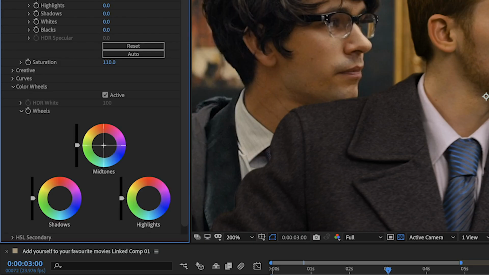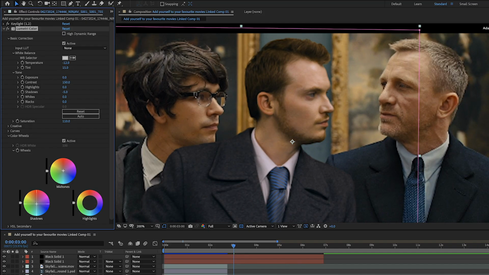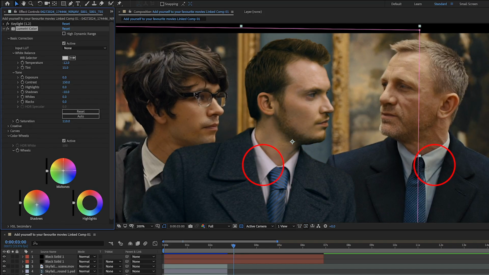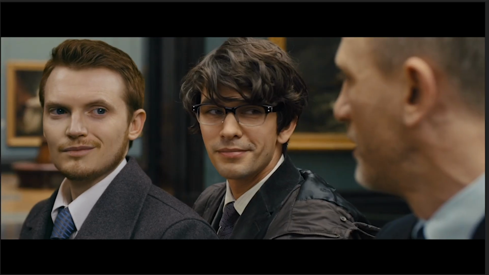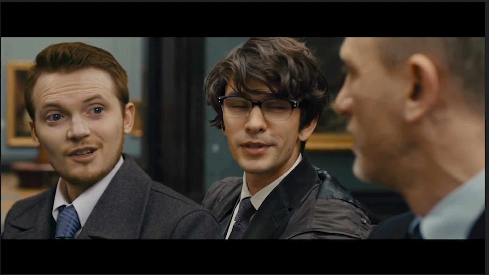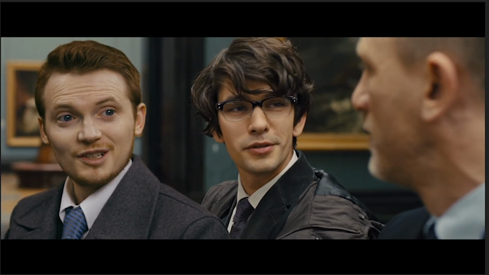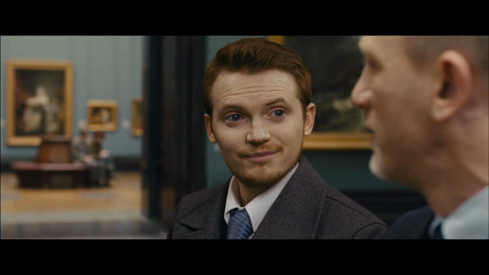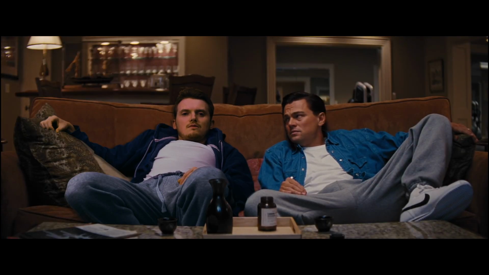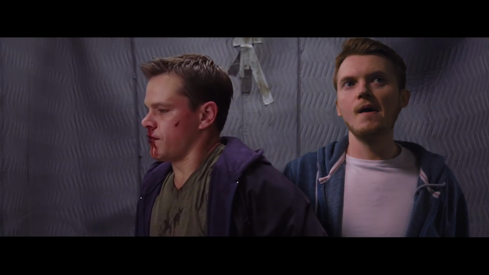Another method I used was to open the color wheels and try and match specifically the highlights to the original highlights, the midtones to the original midtones, and the shadows to the original shadows. You can switch back on the layer with the original actor to really try and get those colors as similar as you can. This color matching is probably one of the best ways of trying to sell that you're in the same frame and that you're interacting with these famous people. And if you put your lights in the right place to begin with, that should also do a lot of the hard work for you.